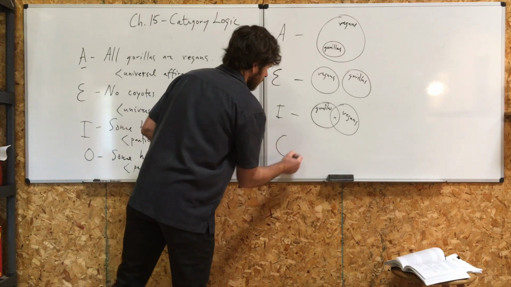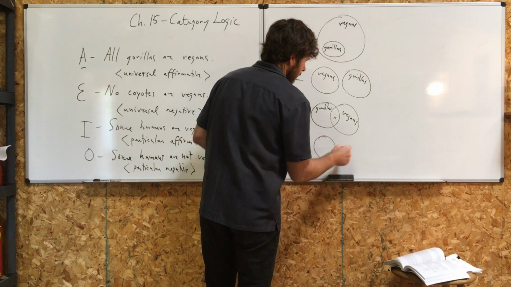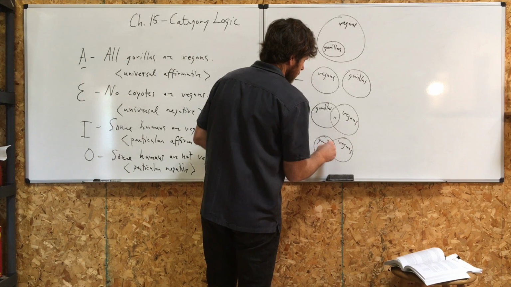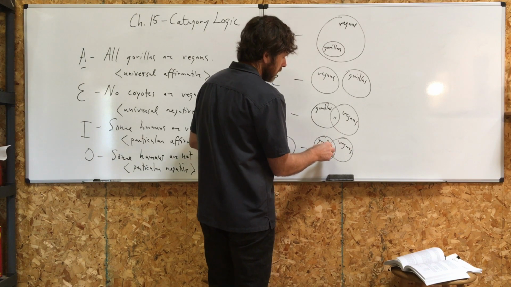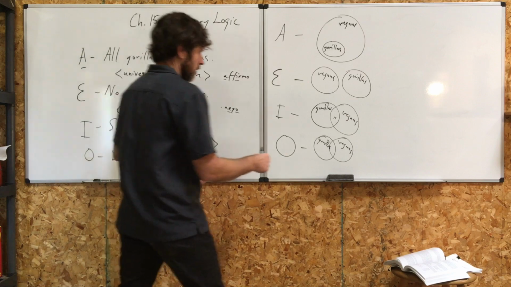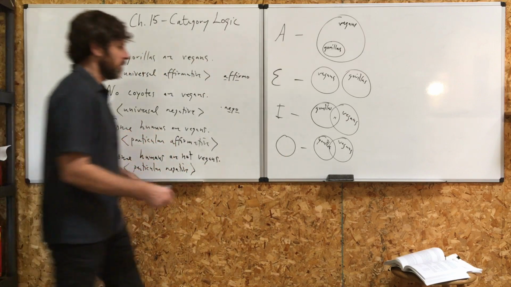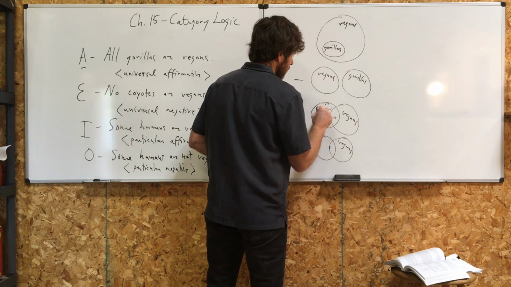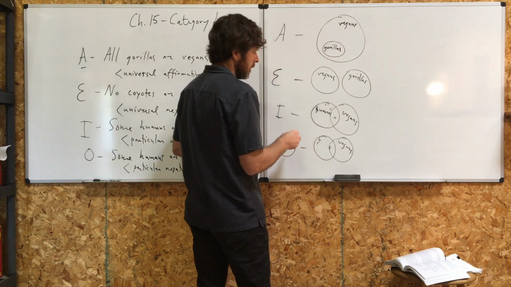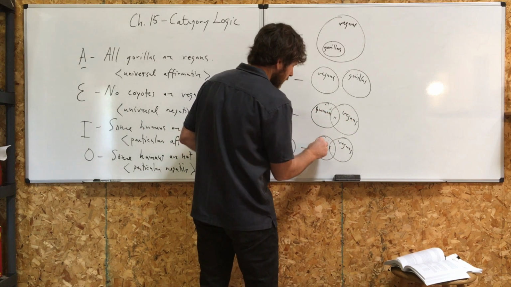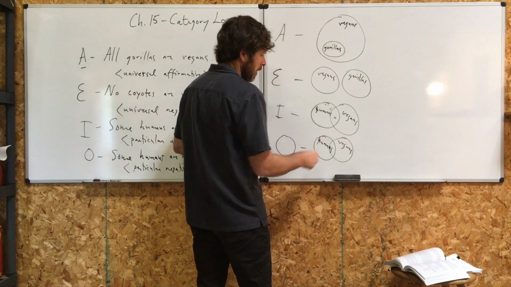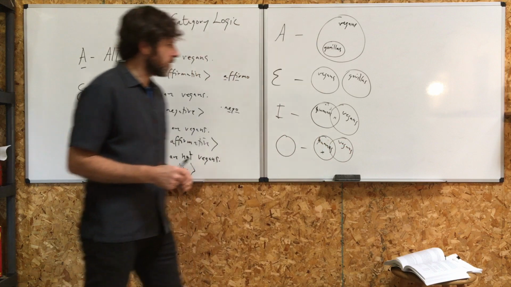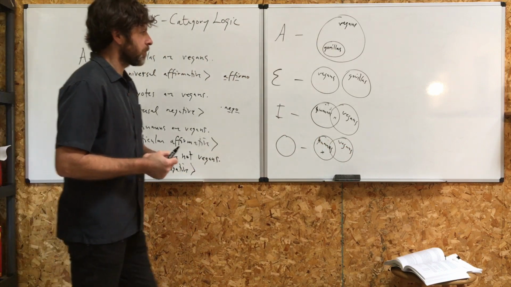And for the O statement, you could take here the set of gorillas, the set of vegans. You can maybe overlap them and say, hey, there's at least one gorilla. Oh, no. We're talking about humans right here. Okay, get back here. Humans, just to be consistent. So at least one human that's not vegan. Now you can put the X out here. There's at least one human that's not a member of the set of vegans.